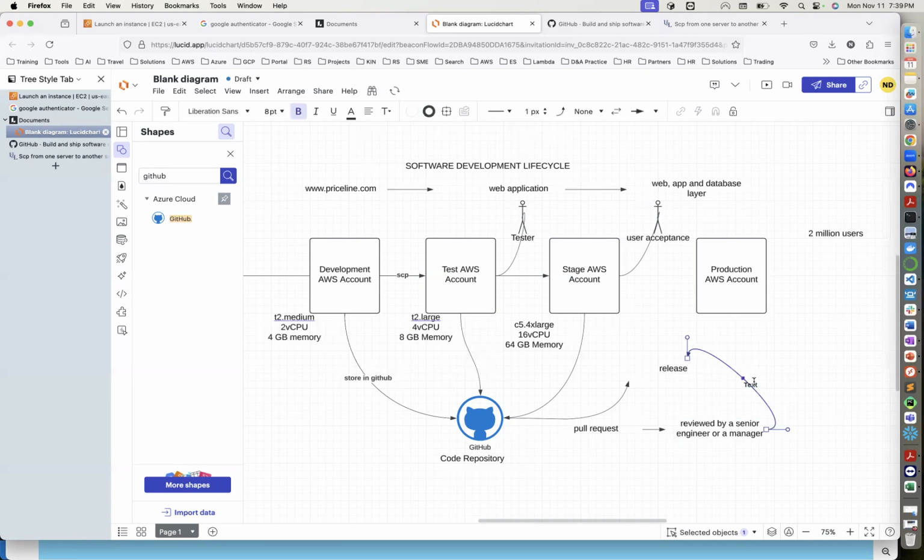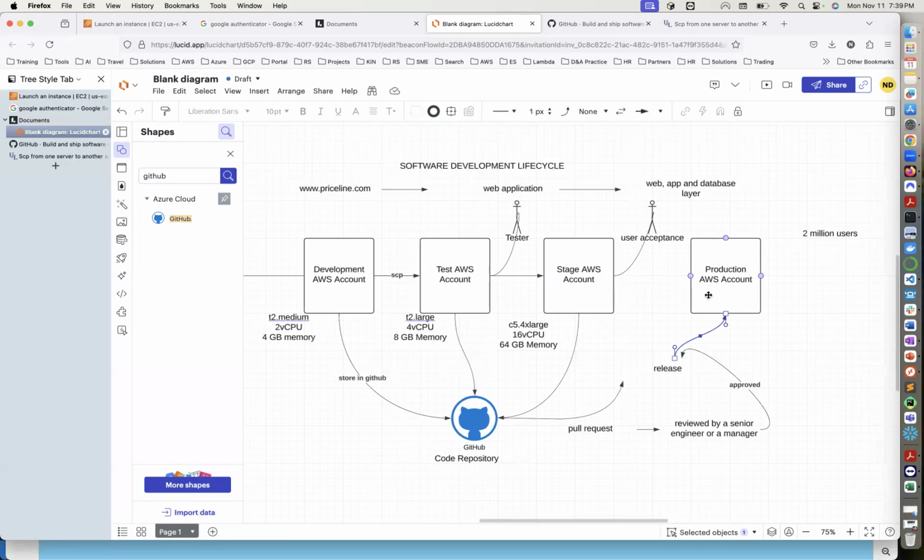once they approve it, that's when it can now be released into production. Not deployed, released. That means the code will be copied into the production account. You copy. Once it's copied into the production account, now